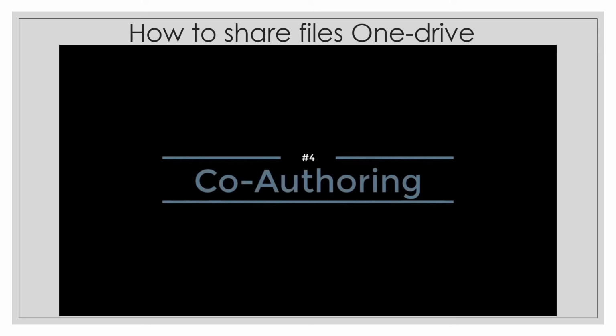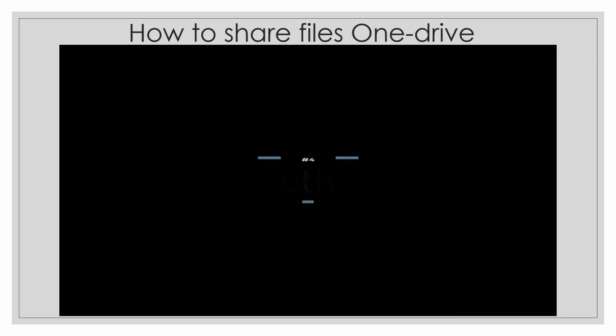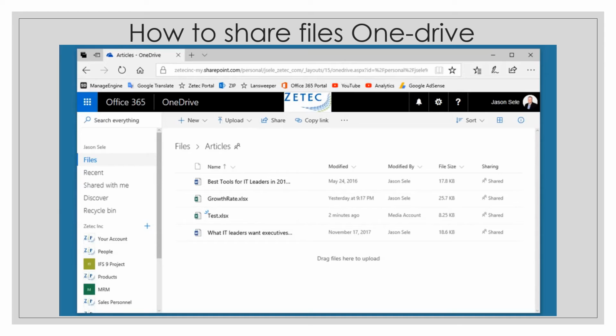Number 4. Co-authoring. Co-authoring gives you the ability to have multiple people working on the same document at the same time, and you can see live edits. When you create a document in Word, Excel, PowerPoint, or any of the other Office applications, you can share that document with another user. When you open it,